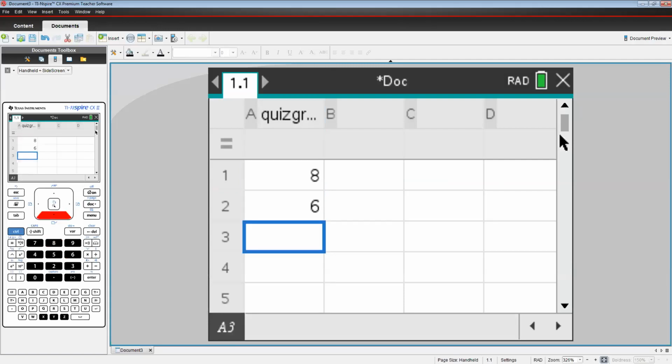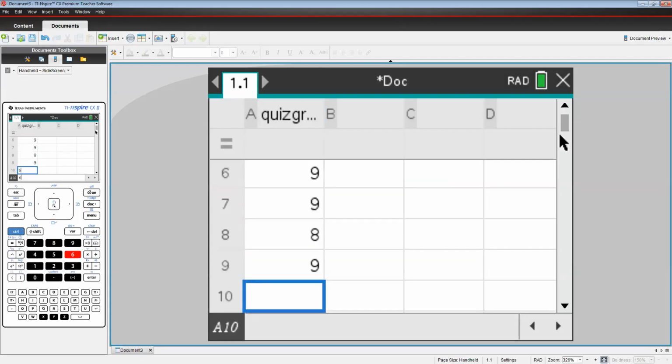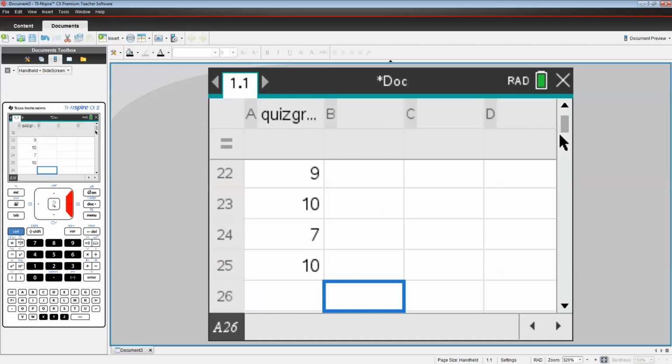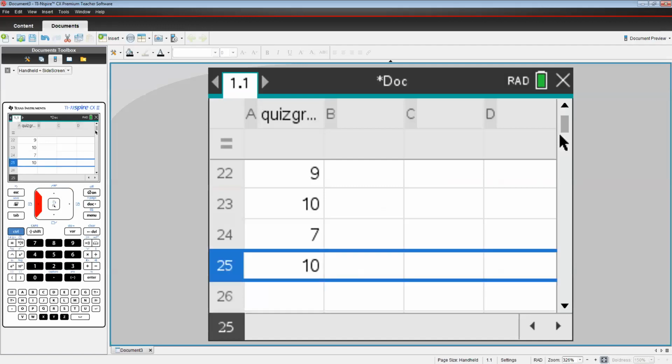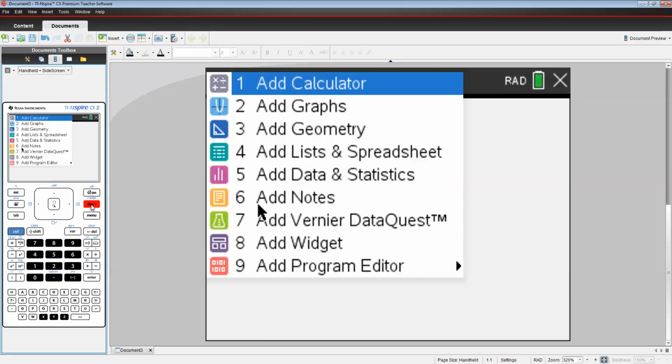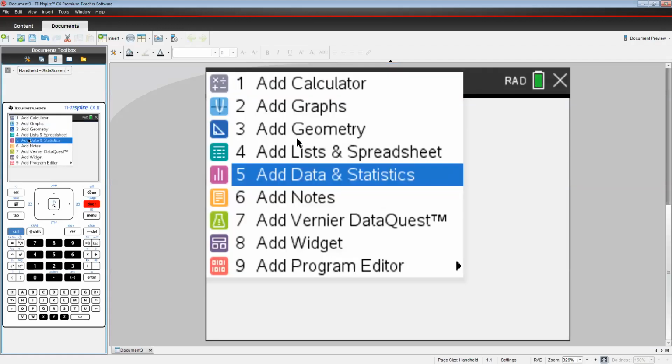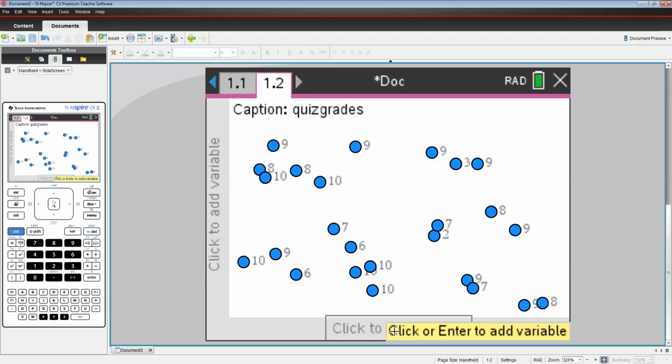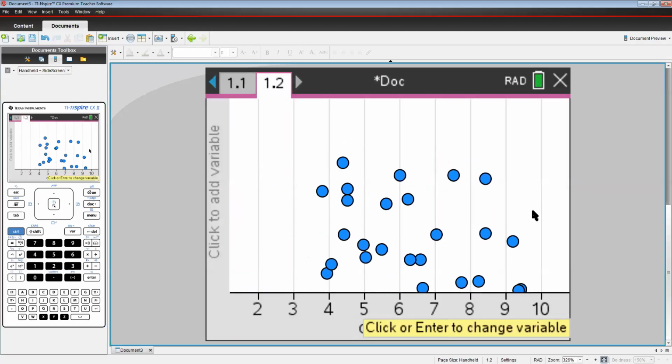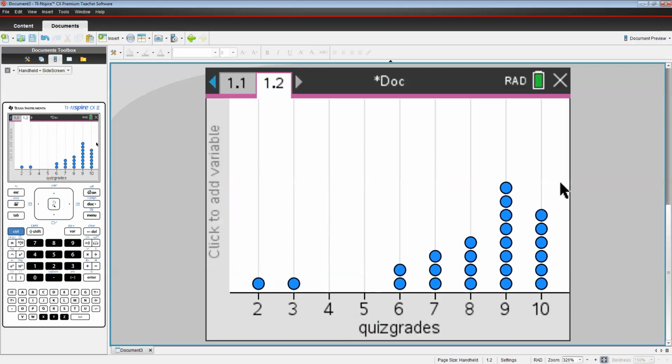So 8, 6, 10, 8, 7, 9, 9, 8, 9, 6, 10, 10, 9, 2, 7, 9, 8, 10, 9, 9, 3, 9, 10, 7, and 10. And 25 students. I ended at the 25th cell, so that looks good. Right, add a page. So it's just make a dot plot. So data and stats page, click down here, quiz grades, and that took me about 10 seconds to do. So there's my dot plot. I'm just going to copy